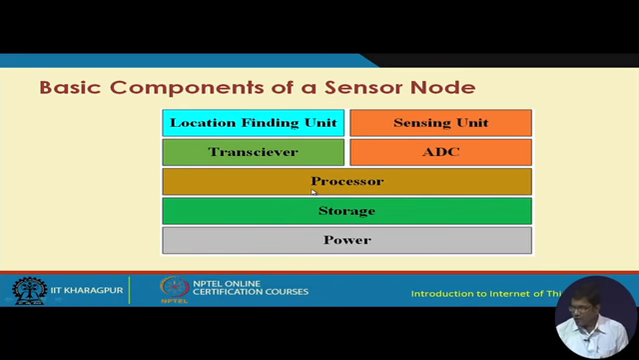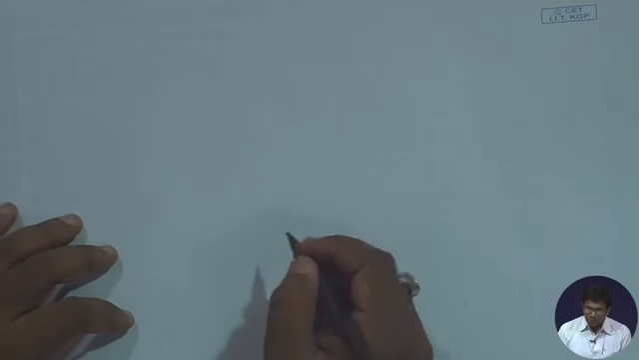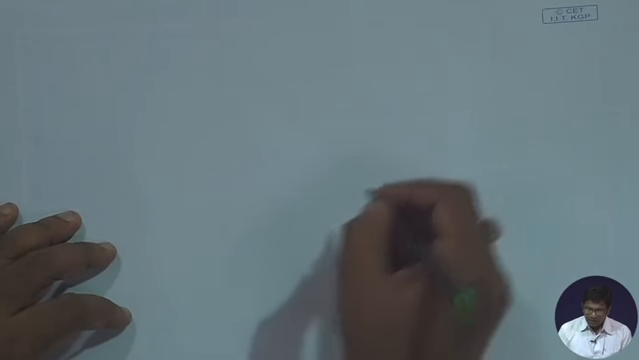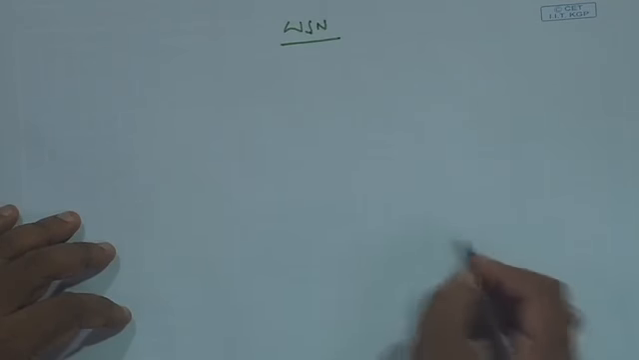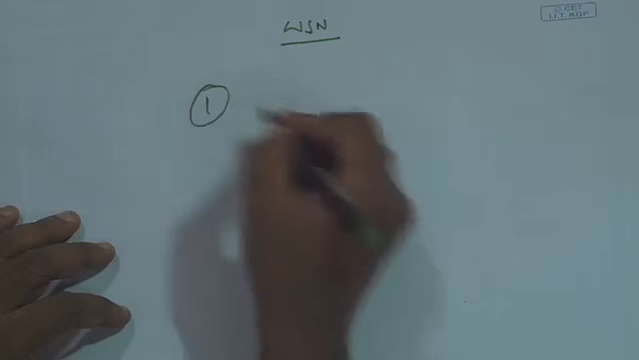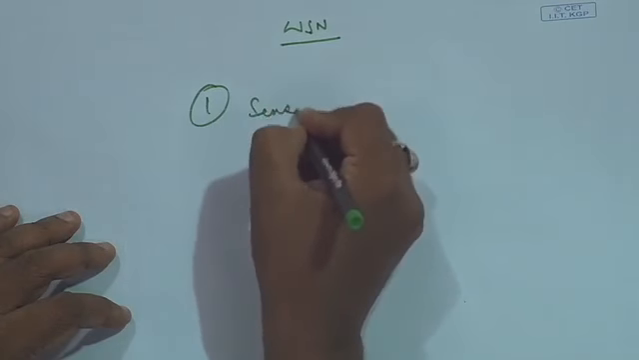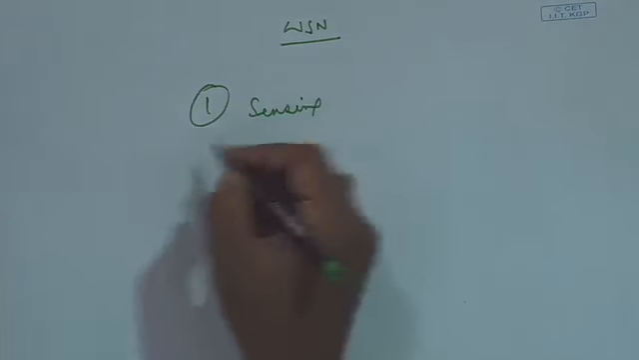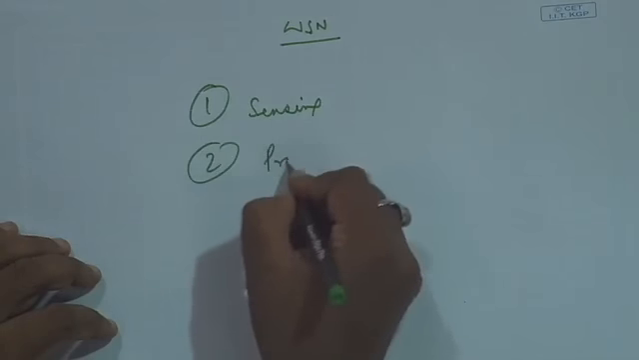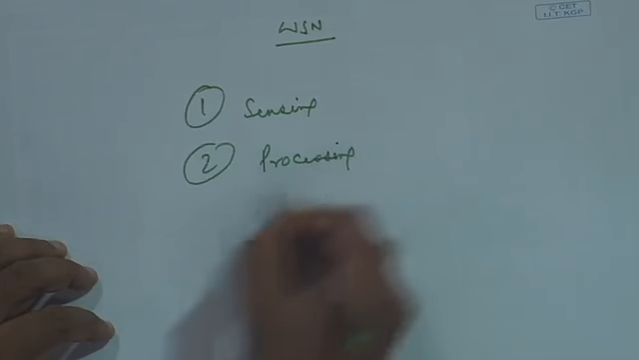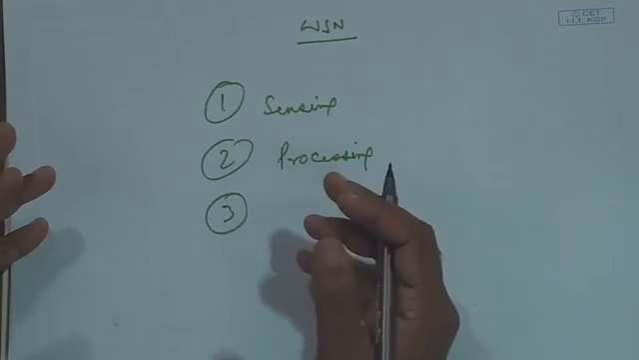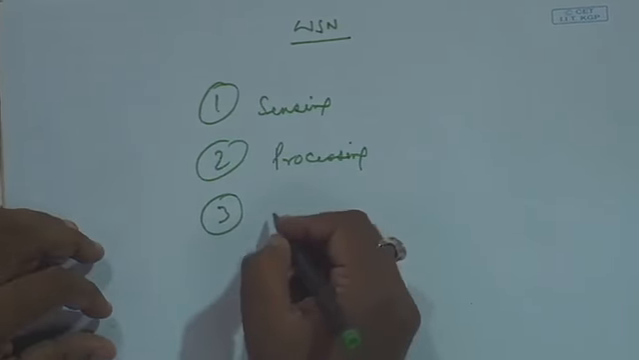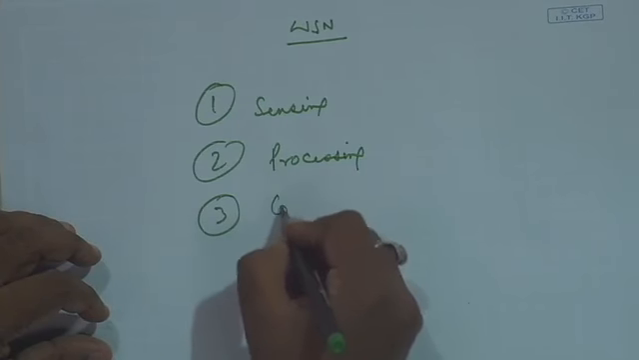So, if we look at what we have in a sensor network, in a WSN we have different units. The first thing that is required is to have some kind of sensing unit, then we have some kind of processing unit. Third, we need some kind of communication to take place between these different nodes. So, we have a communication unit